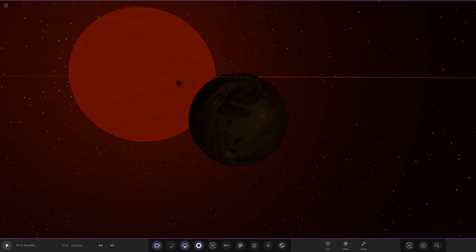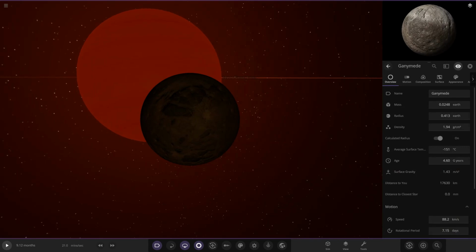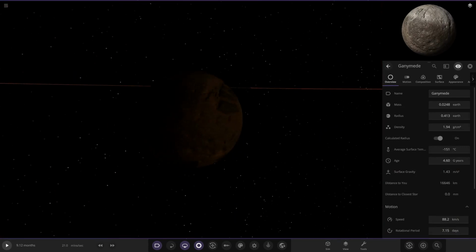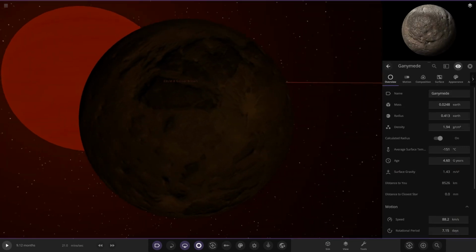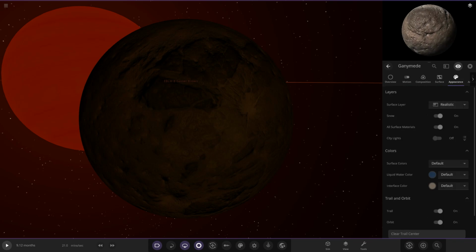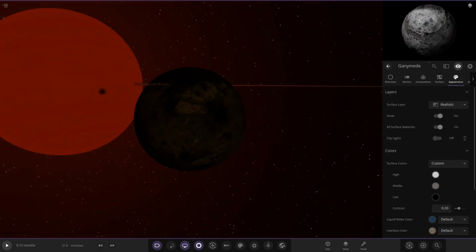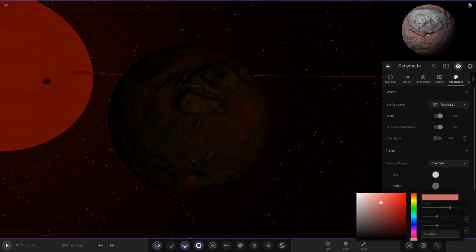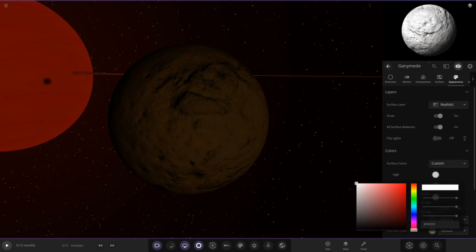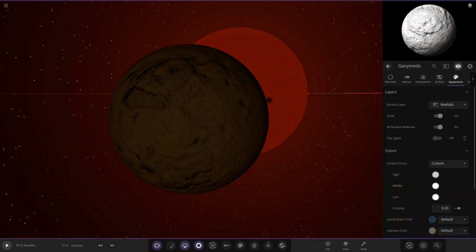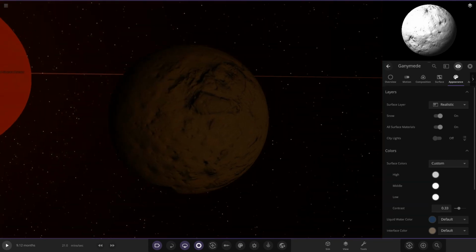And then what I'm going to do is simply recolor it. And look how dark it is here as well. I mean, that is obviously very, very dark. Ganymede, yeah, we are going to retexture. If we go to surface colors, we're going to go to custom. Well, it looks completely different now, but I'm going to make it a very, very reflective world, even though it's quite far out. So yeah, very, very icy cold